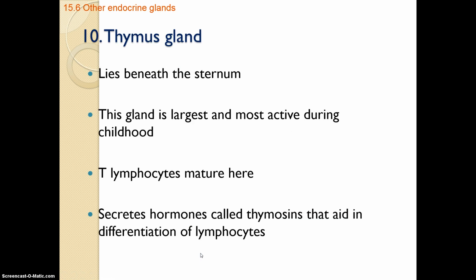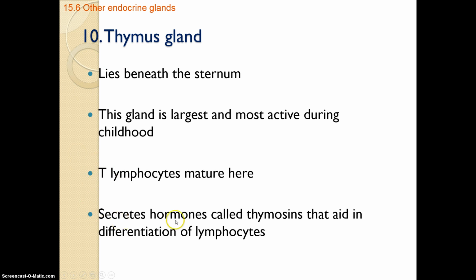Alright, thymus, we did talk about it. This is why you should make sure your kids are exposed to things so they can actually develop an immune system. It is not good to keep healthy kids in a bubble. They'll just end up getting sick later in life. This gland lies right beneath your sternum. Of course, it's going to be larger in children than in adults because it's more active. It's learning more things than an adult would. This is where T lymphocytes, our T cells, are matured, and that's really easy to remember because you have T and T. So thymus and T cells go together.